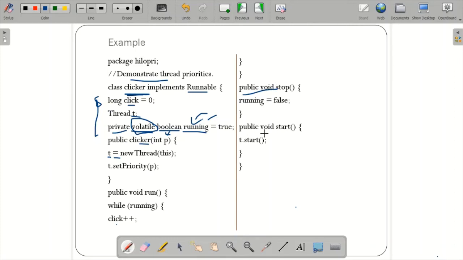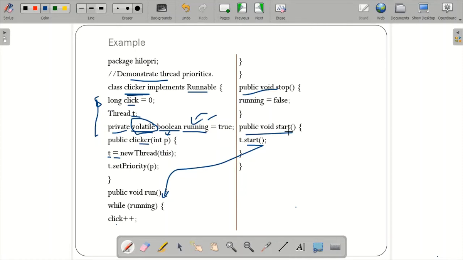What about the start? You know what start is? It's in the start stage, and it will move to the runnable state. If the processor is available, it will allocate that processor and move to the running stage. So all four functions are defined within this class. I'll just repeat. Class Clicker is a class name which implements the Runnable interface. Runnable interface has only the run method, and then this is the constructor, and then you have the stop method and the start method.